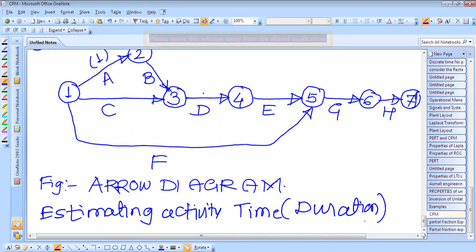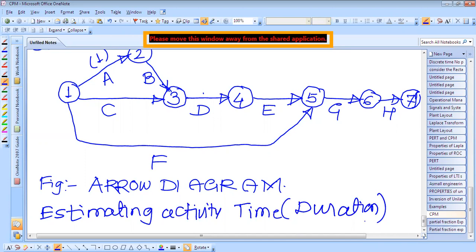Okay, so whenever we estimate the activity time or duration for the arrow diagrams, we have to mark the time on the various activities, and the next step is to estimate the time for each activity. But the time estimate should be as realistic as possible and preferably based upon past experience. If the person is experienced and has been doing the same activity for a number of years, so he has the